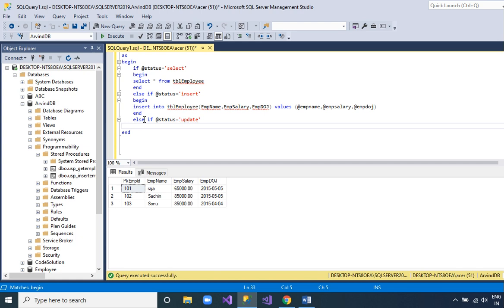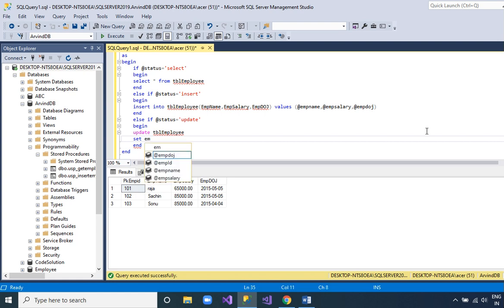If status is update, then begin, and in the begin and end I will write the update query. So update table employees, set